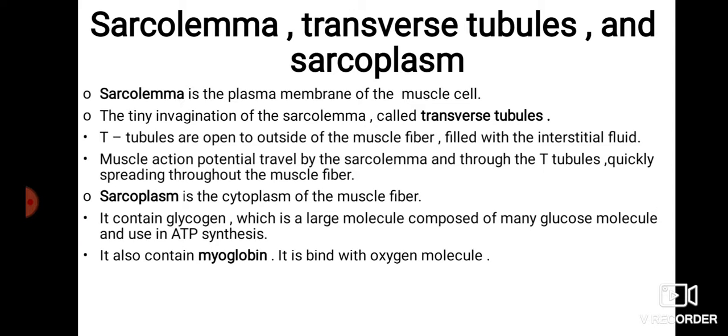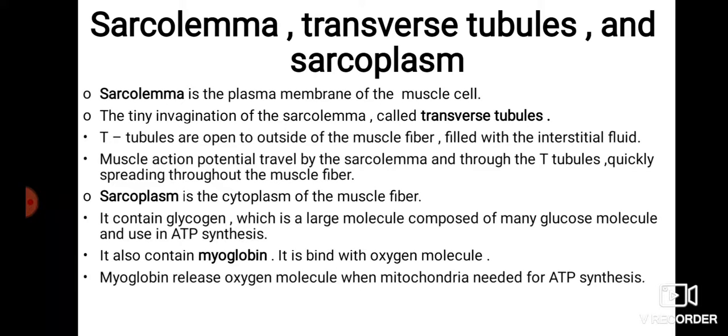Okay, so like hemoglobin, which is combined with the oxygen molecule, same here the muscles have the myoglobin protein that is attached with the oxygen molecule. So these oxygen molecules help in the ATP synthesis